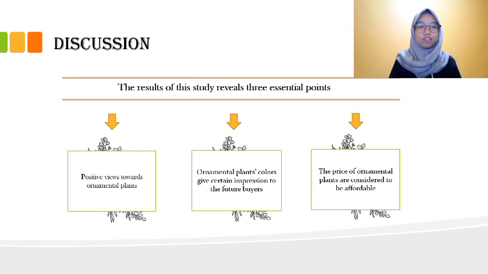In relation to the price of ornamental plants, half of the participants agree and half disagree. Seeing that the respondents are students who still have an income from their parents, they think that buying ornamental plants is quite difficult to reach because it may not meet a student's price standards.